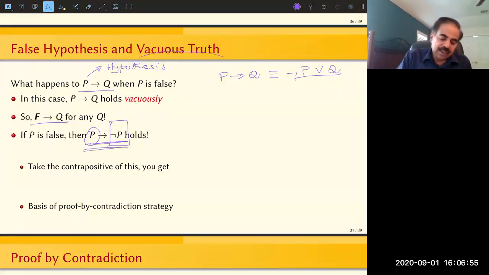So if P is false, this is true. So now let's take this implication and compute its